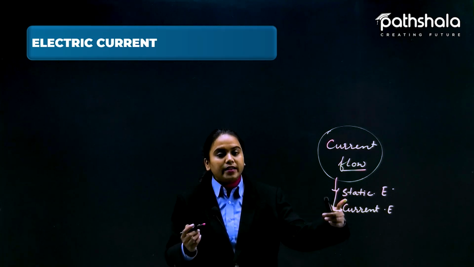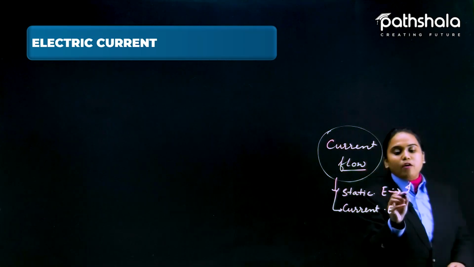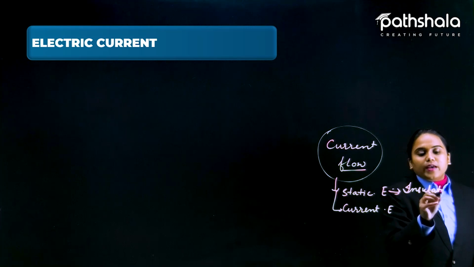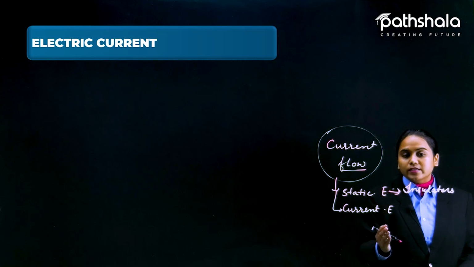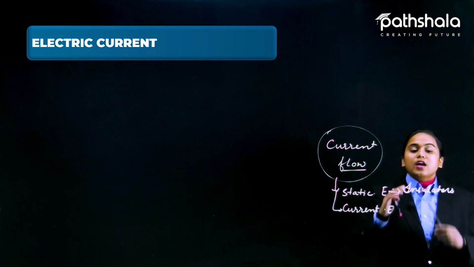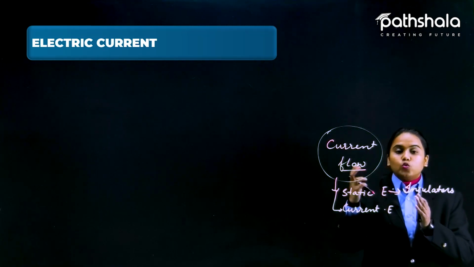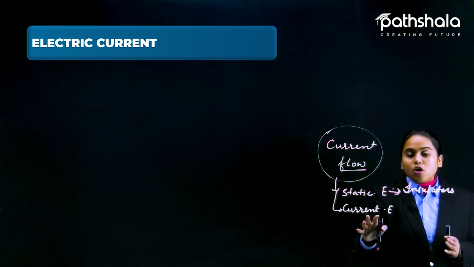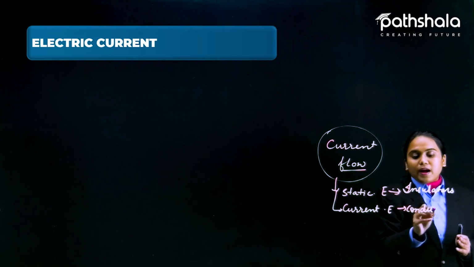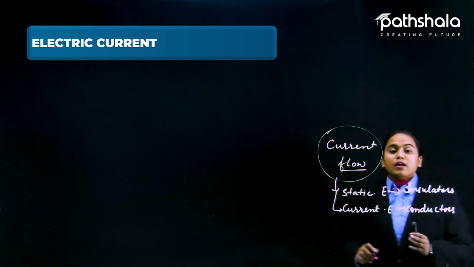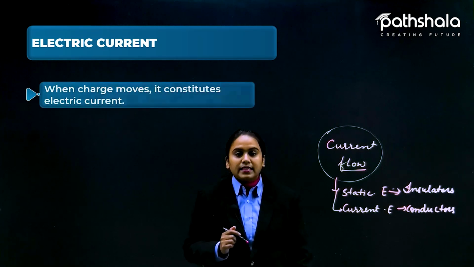In static electricity, charge does not move, and that generally happens with the help of insulators. Insulators won't allow the charged particles to move, so they come over the surface of the object, and that attracts the surrounding objects towards themselves. Conductors, on the other hand, allow the charged particles to move through themselves, which helps in the conduction of electric current. So this is the difference.